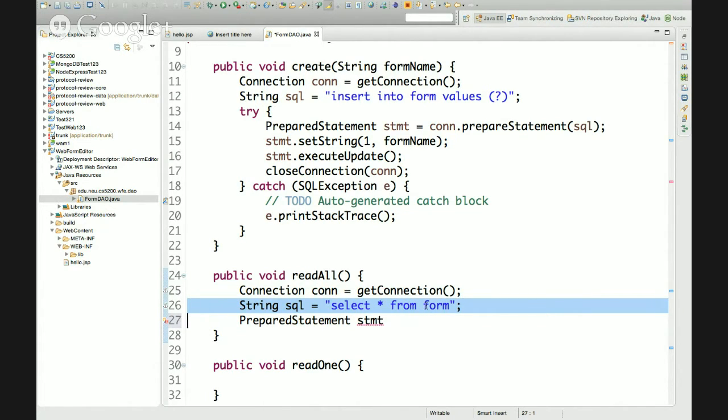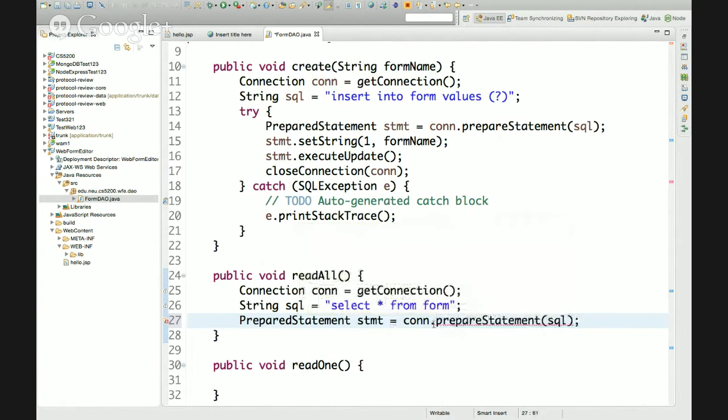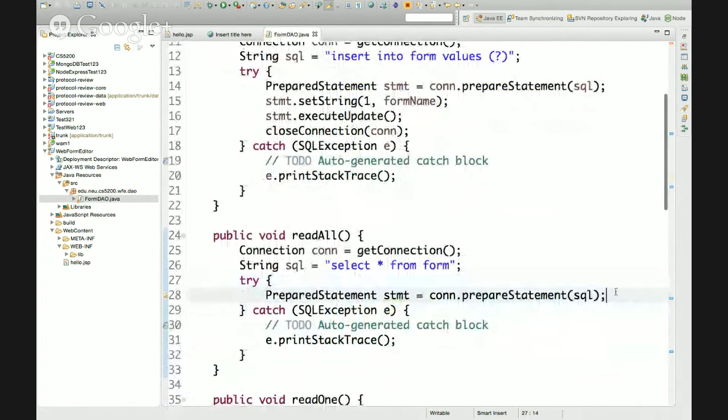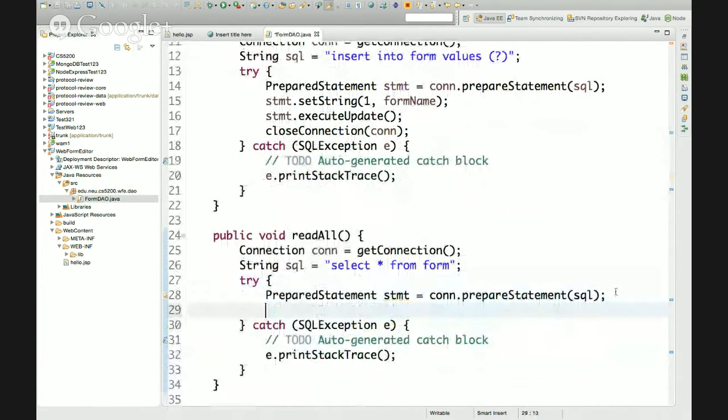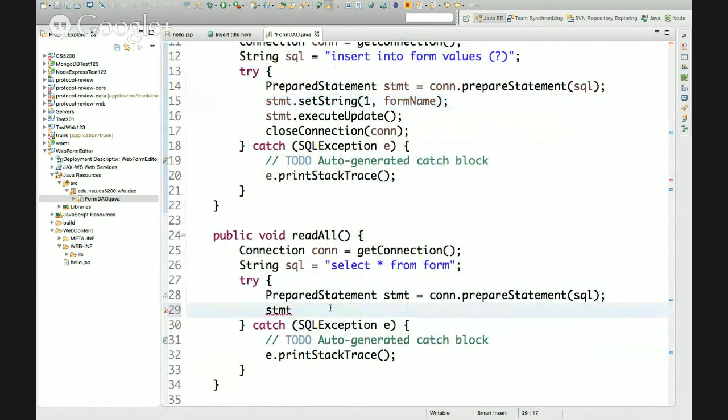Okay. So here's a statement. We're going to prepare it, although I just like to stick to prepared statement all the way through. So it says connection dot prepare the statement with the SQL. And there we go. This throws an exception, so I'm just going to surround this. And then I'm going to execute this. There's nothing to set, no configuration. We're going to execute